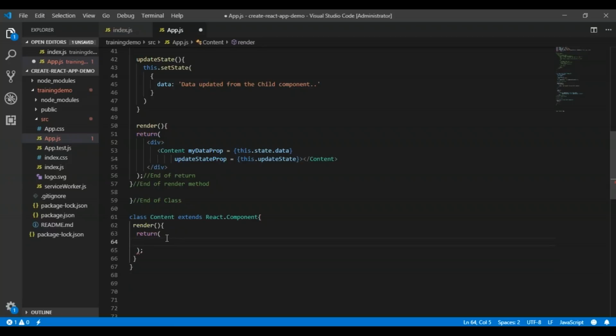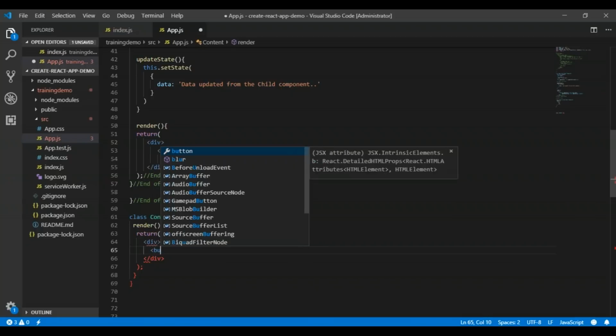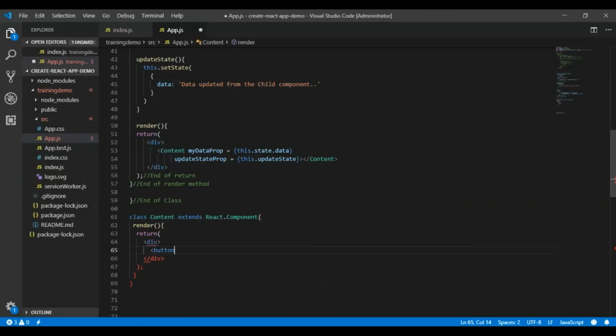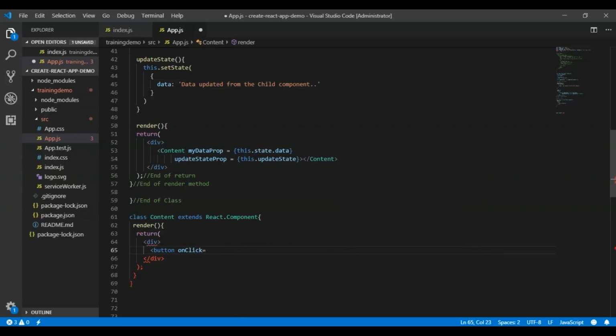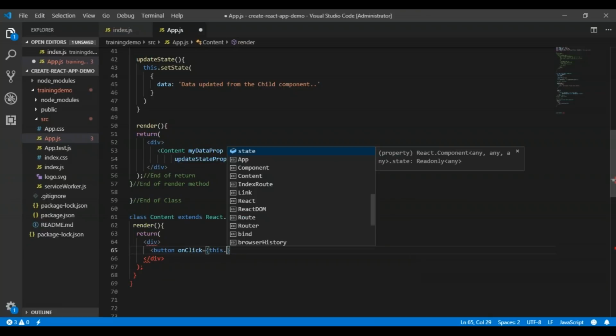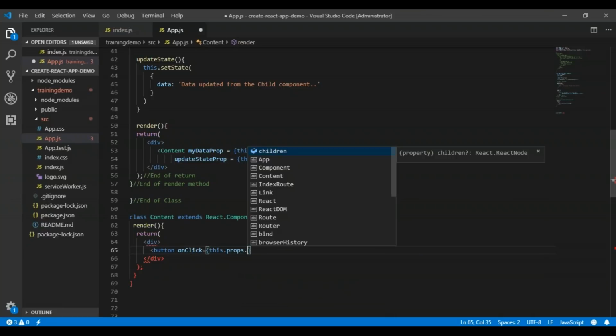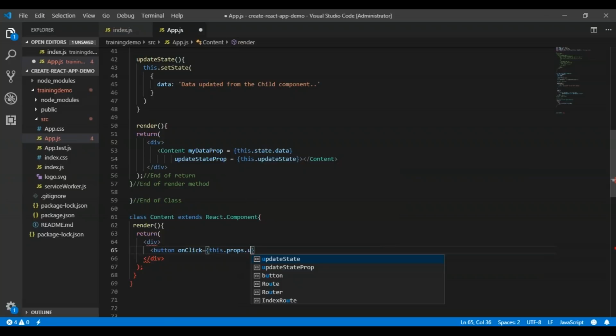Now in this return statement, let's say I have a container, a div again, and for example, I want to add a button, and the button will have an onClick event, and on the onClick event I want to call the props. The prop I want to call is this.props.updateState. This button is closed, and let's say the name of the button is, as of now, Click.